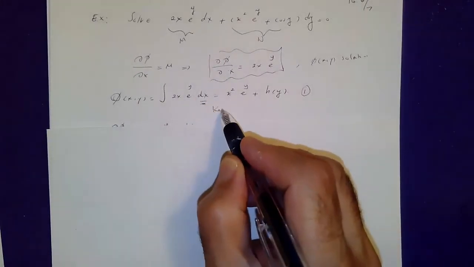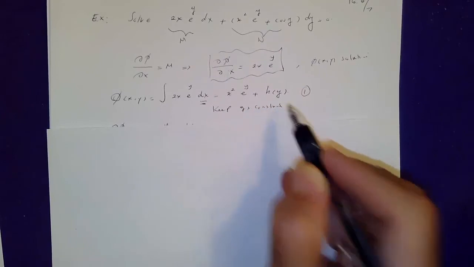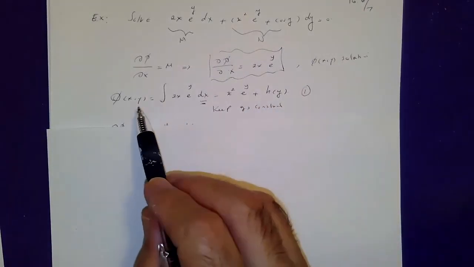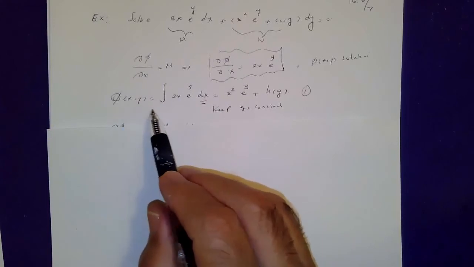In other words, we keep y constant. Do you see it? So therefore, the answer is phi of x, y equals